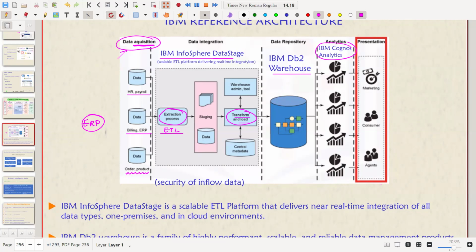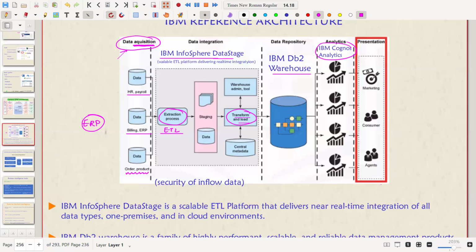So these are some of the things that will come in between the courses. If you know about this IBM Cognos Analytics, at least you can write that I have opened it, I have created an account, I have tried to analyze some of my data. I think IBM Cognos Analytics has a 30 days free trial. All of you can open an account and try to analyze it. It's free for 30 days, so you can see what all things you can do with it.